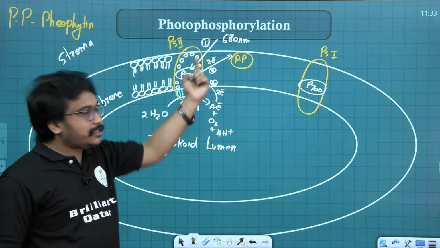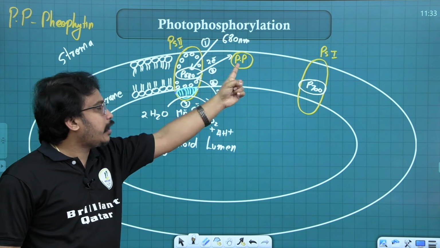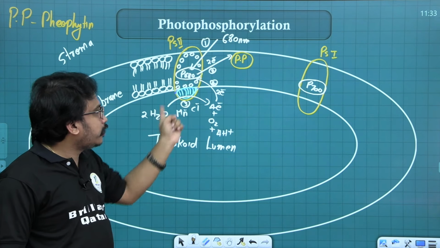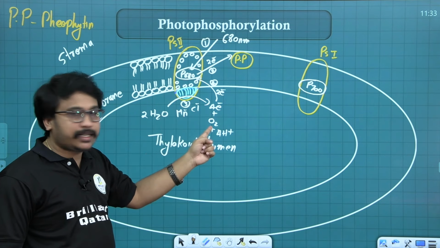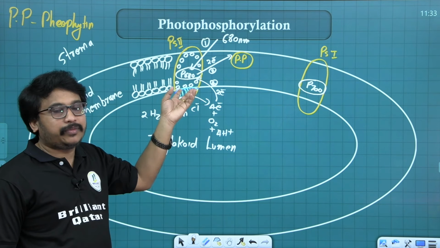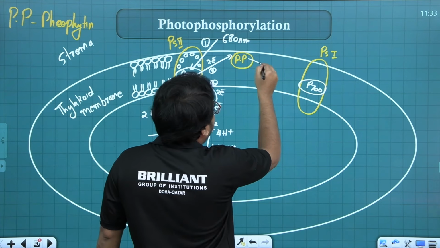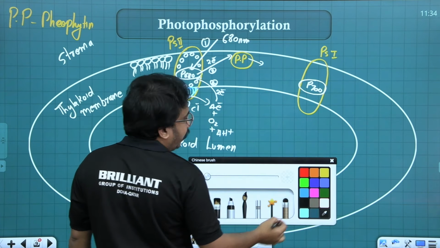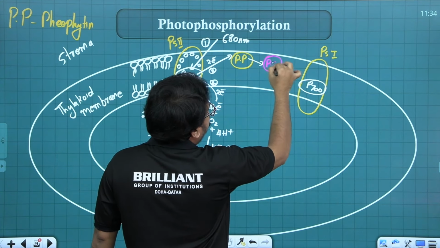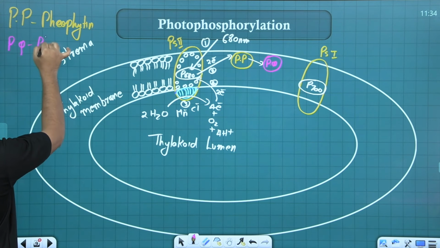First, the reaction center takes up 680 nanometer light. Second step, they emit 2 electrons, that is the uphill movement. Then to replace those 2 electrons, there is photolysis of water, liberating oxygen, and electrons are given to the PS2 reaction center. Now from this pheophytin, the electron will be taken up by the next electron acceptor, that is plastoquinone. So PQ represents